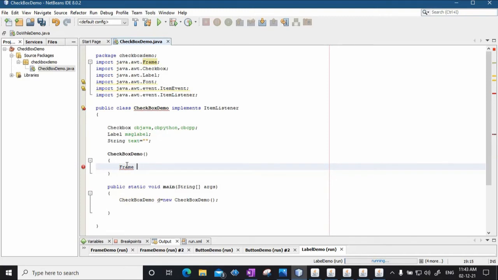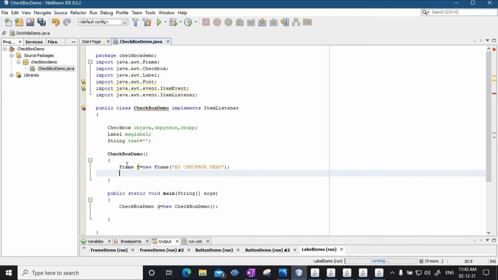So Frame f equal to new Frame, and the name of the frame will be "My Checkbox Demo". So the frame is created.